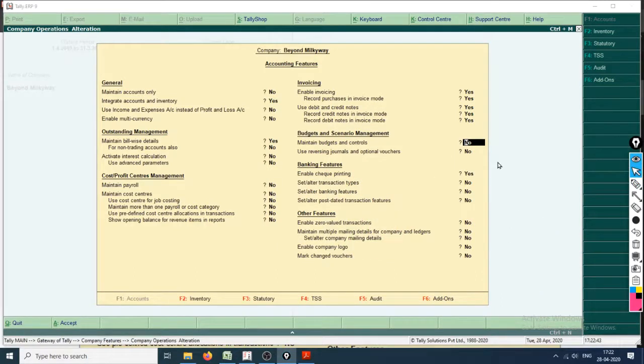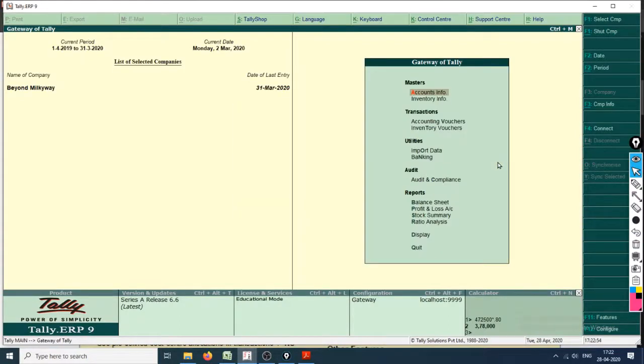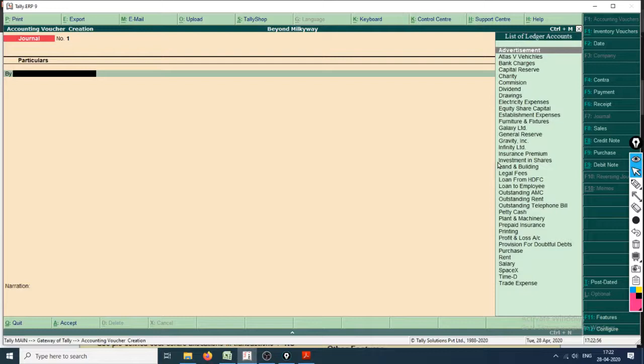Enter till the time you see an accept window, or you can just hit Control A and it will be accepted. Yes. Let's check out if that feature is now activated. Go to vouchers again. Okay, as you can see right now, we have this feature of debit note and credit note right here that is activated.